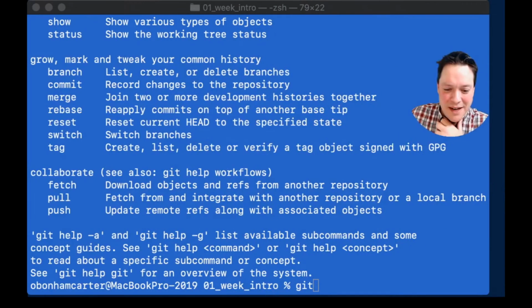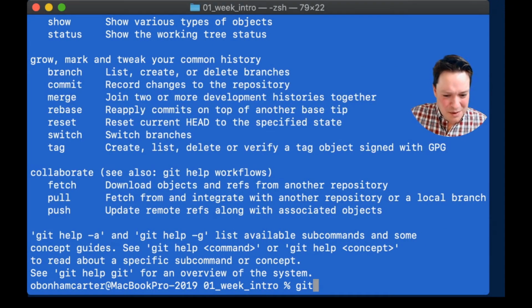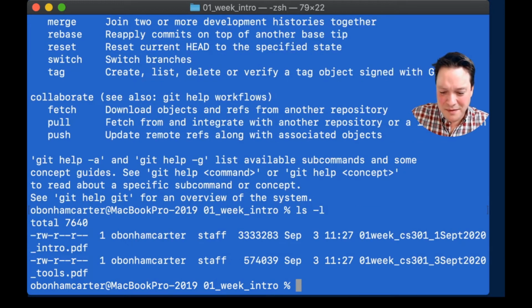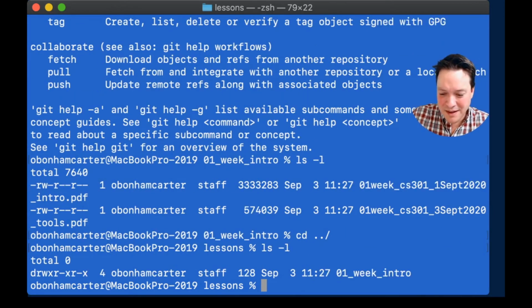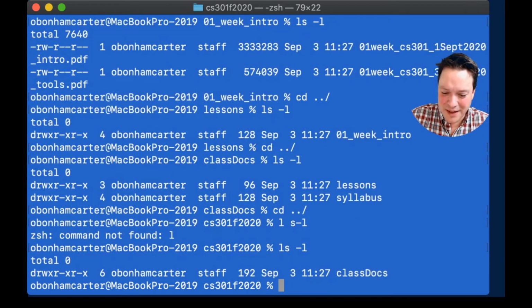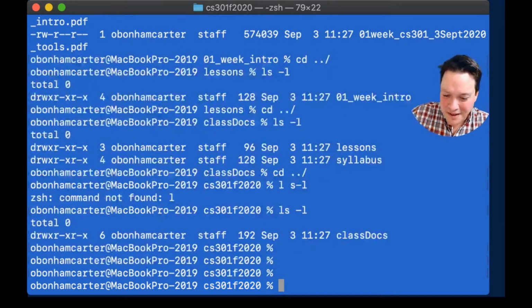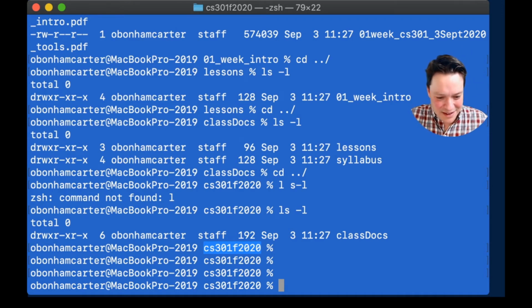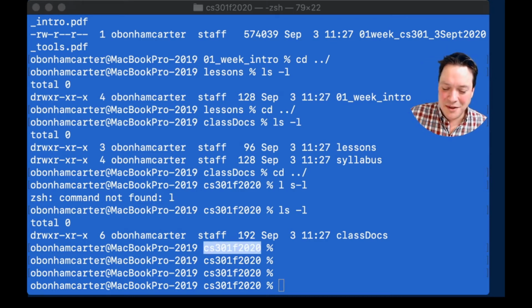Or my editor. When I put my files together here, think of something kind of structured so that you don't lose your files. So for instance, like I was saying, I put my class docs into this repository here called CS301Fall2020. And so then I know that all the files in there concern my class. But it's up to you how you want to organize your files, and you probably have a system already. But for me, I would keep everything together by class, so it's easier to locate these things.